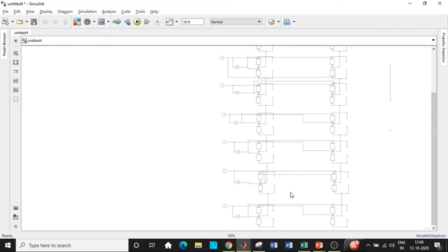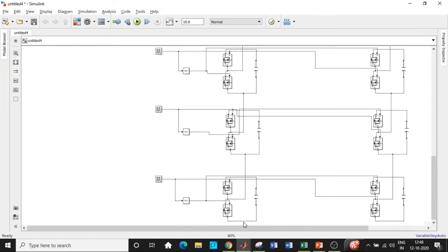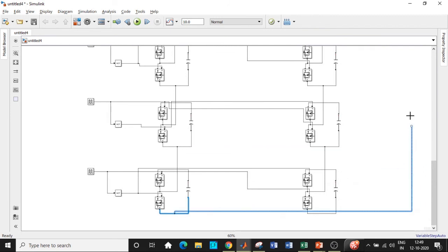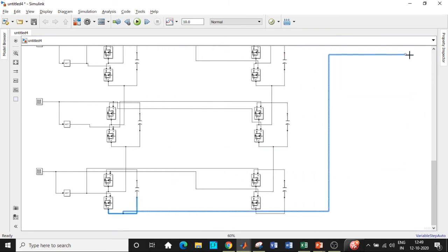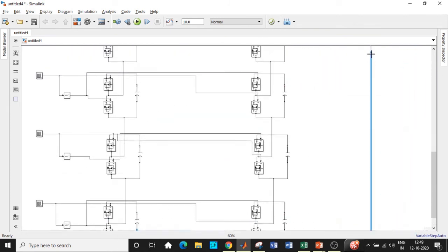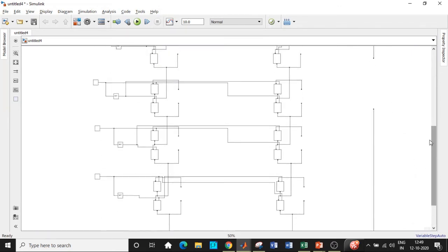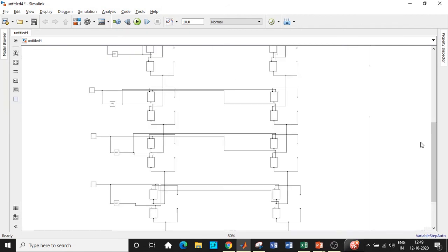And where do we connect it? So carefully observe this. I'll be taking the tapping from this point and I'll be going up to the point where I can find the tapping. So I am giving it to the DC voltage source in this particular fashion. So I hope the connection points are understood.